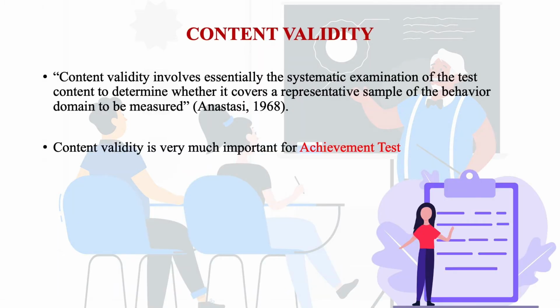And here we can say content validity is very much important for an achievement test, because an achievement test is related with the subject content. So that's why if you have prepared an achievement test, then definitely the content aspect of the achievement test should be examined, should be verified, should be tested. Okay, so that's why this is one of the very important parts of content validity so far as an achievement